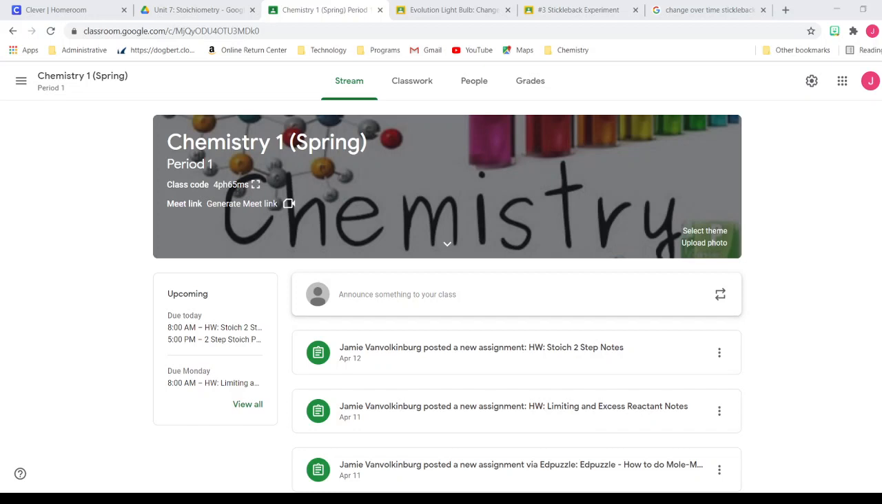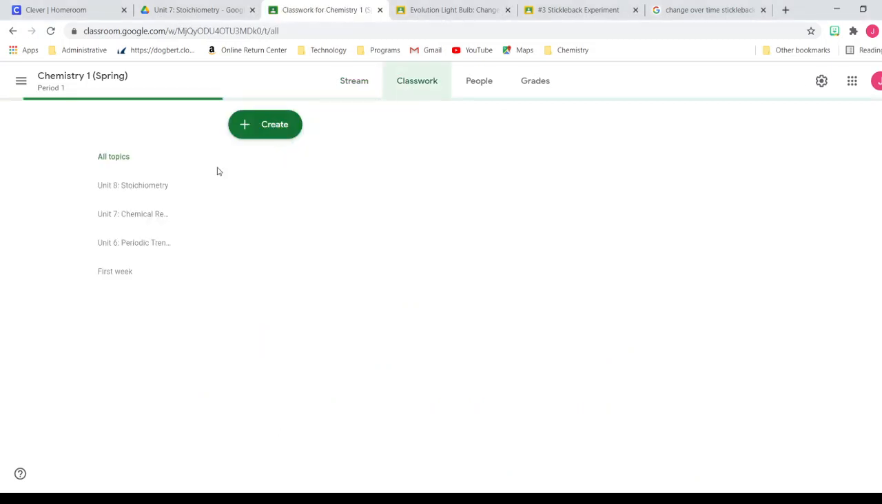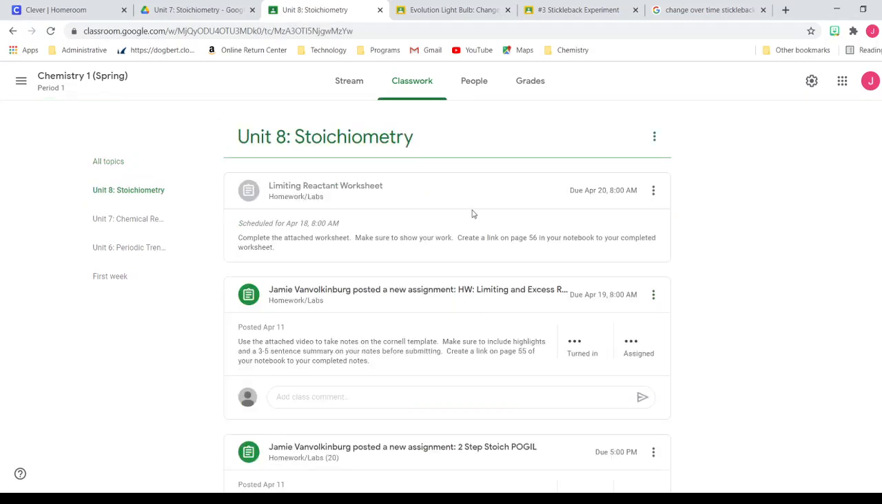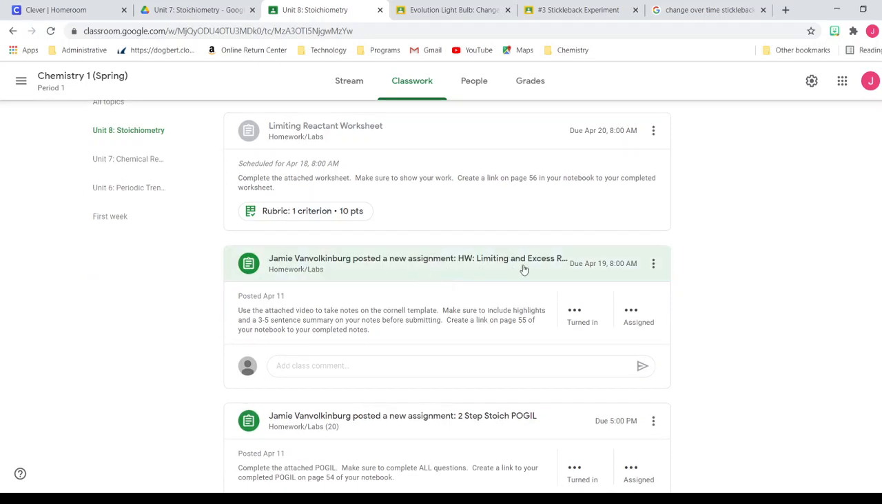All right, so here are our notes on limiting and excess reactants. If you haven't opened it yet, go to our classroom and click on Classwork. It's going to be in Unit 8, Stoichiometry. And as soon as my computer decides that it wants to work today, it's going to be homework, limiting